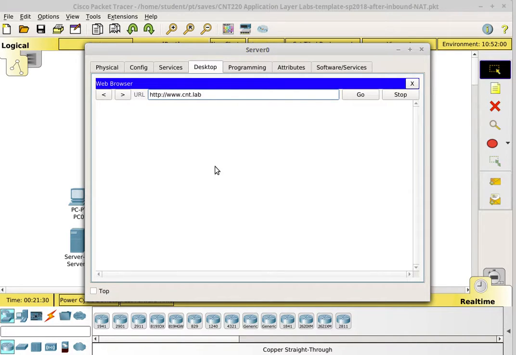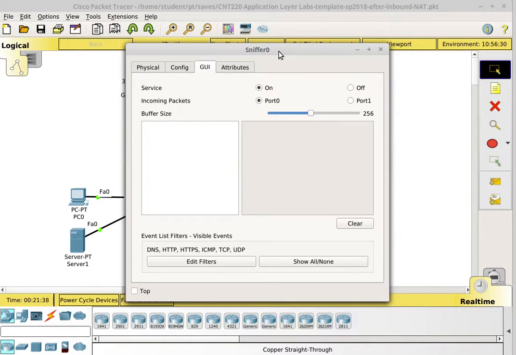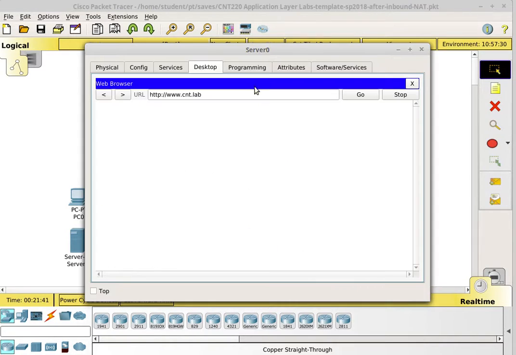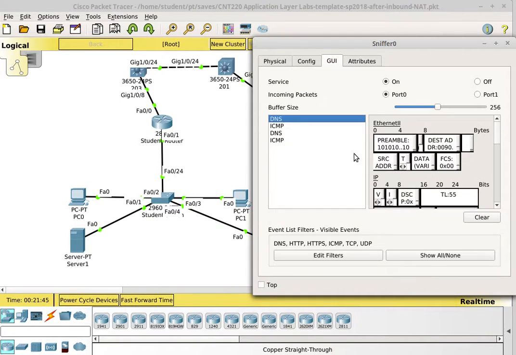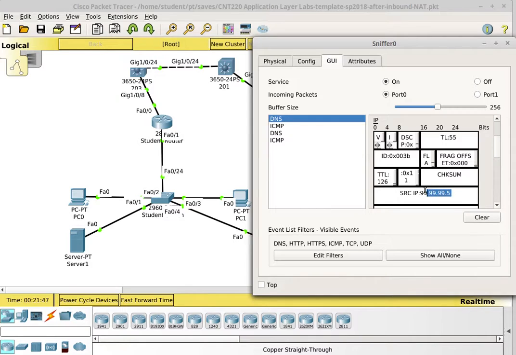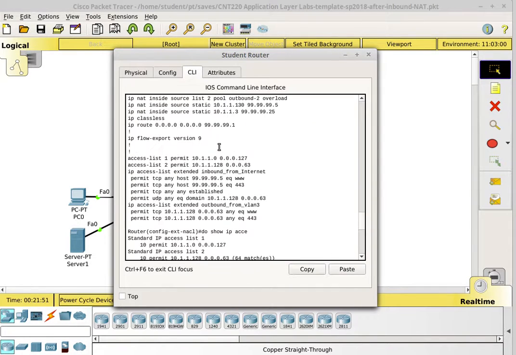So this traffic is going out. When this traffic goes out to the server, let's clear the sniffer and try that again. When this traffic's going out to the server, if we look at the NAT for that, it's getting the address 99.5. So if we go look at our config again,